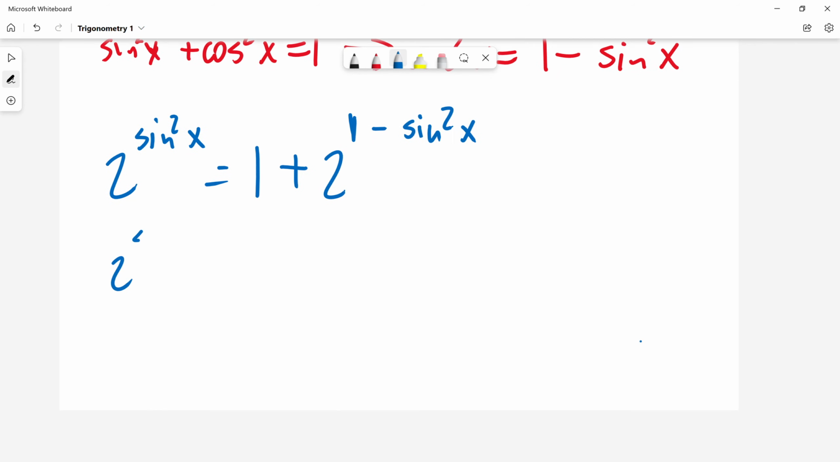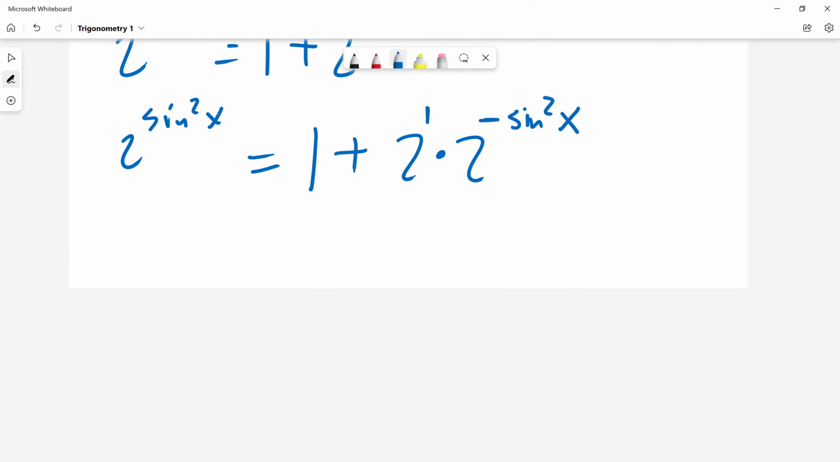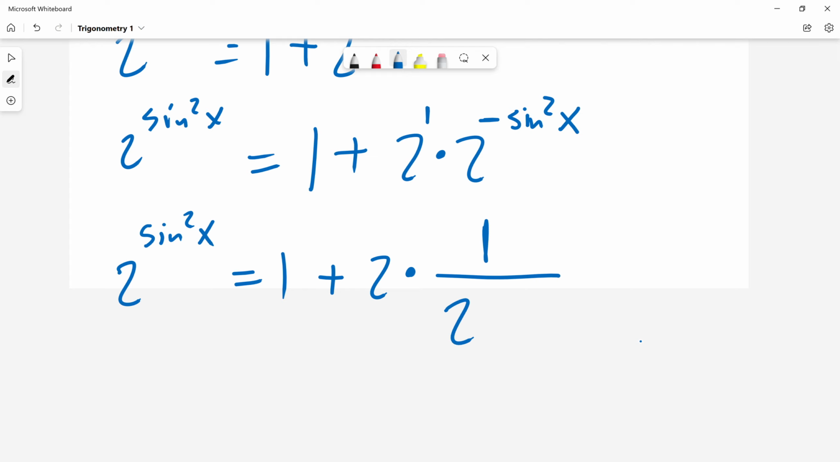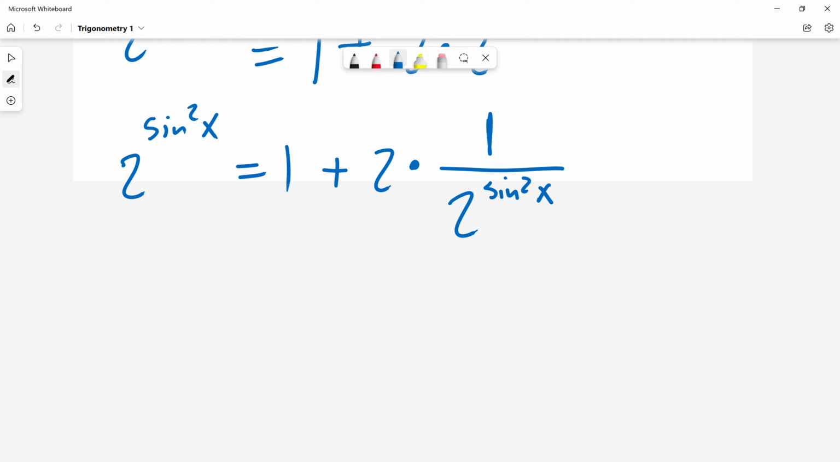Then 2 to the power of sine squared x is equal to 1 plus 2 to the power of 1 times 2 to the power of negative sine squared x. Properties of powers. Then 2 to the power of sine squared x is equal to 1 plus 2 times 1 over 2 to the power of positive sine squared x. Properties of the exponents. Then making a substitution,